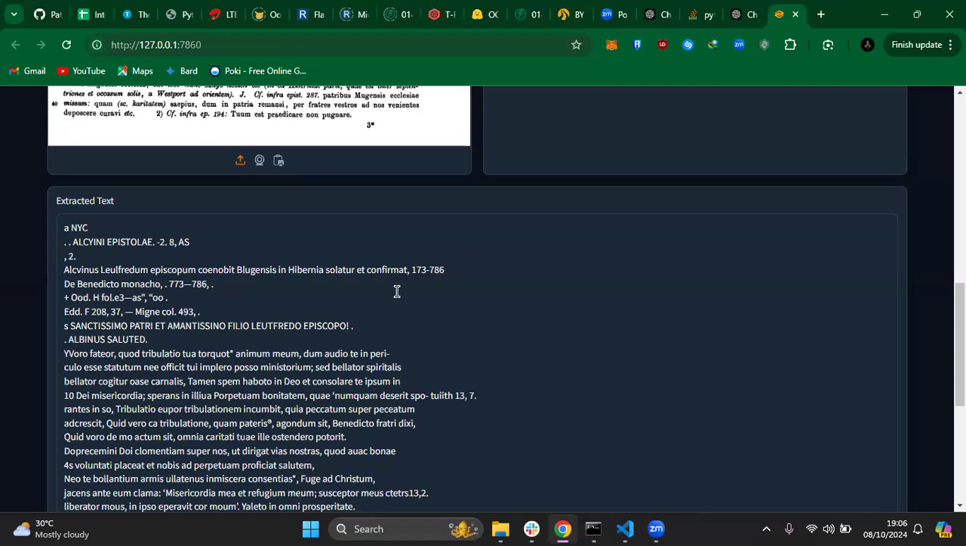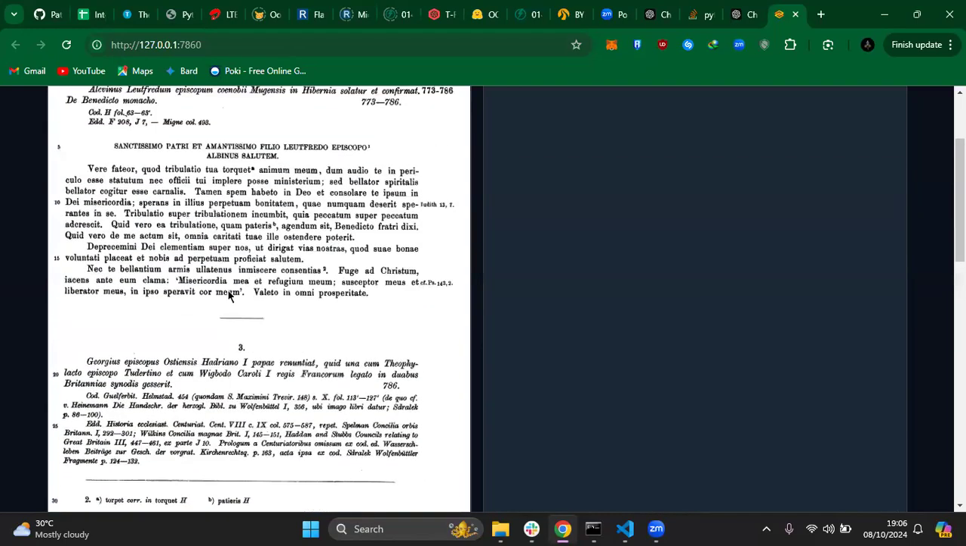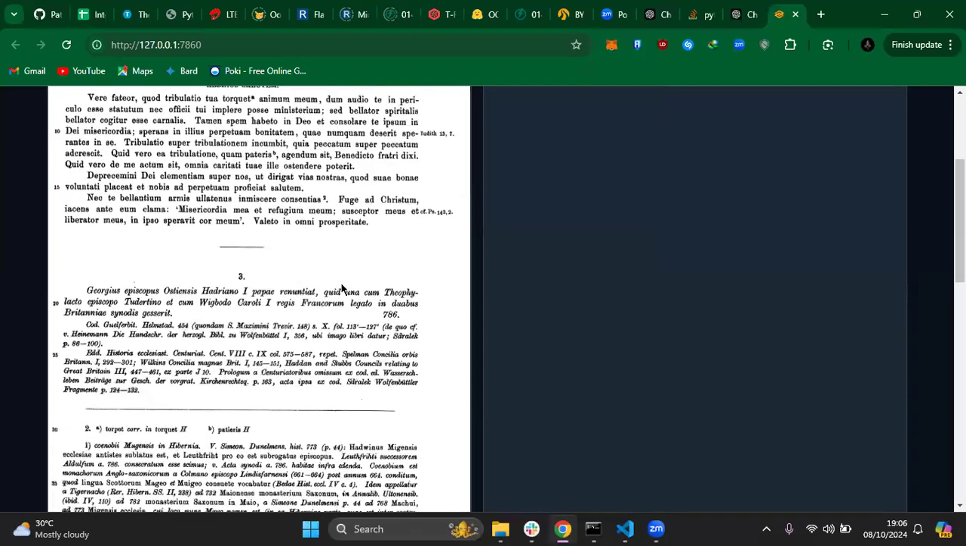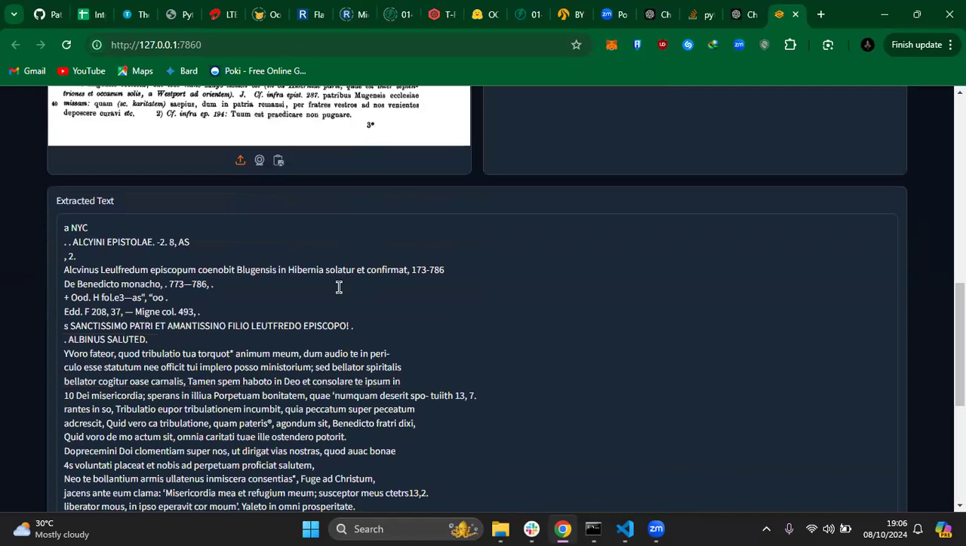And also the font, looking at this picture here, the font is actually kind of graphical and small. But still, PyTesseract and Paddle OCR will still try their very best to read through the text actually, and process it. And sometimes using